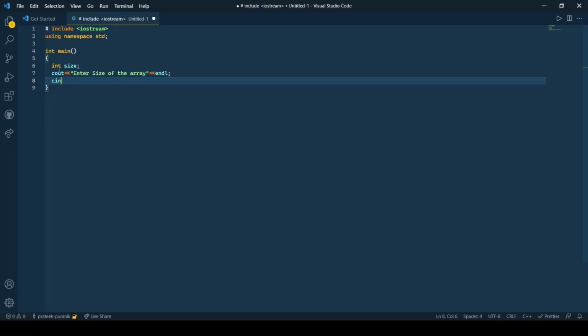Then cin, this is used to accept the value from the user. Over here we are accepting the size of the unsorted array which we are going to accept from the user.